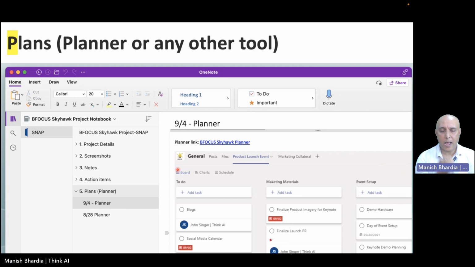Management will refer to this a lot, because anytime there is a delay in the timeline, there is a cost to ThinkAI. For a project manager, it will not be okay to change the timeline. It's okay to run anything within the timeline, but the moment you are getting delayed, the client needs to be notified and management needs to be notified.